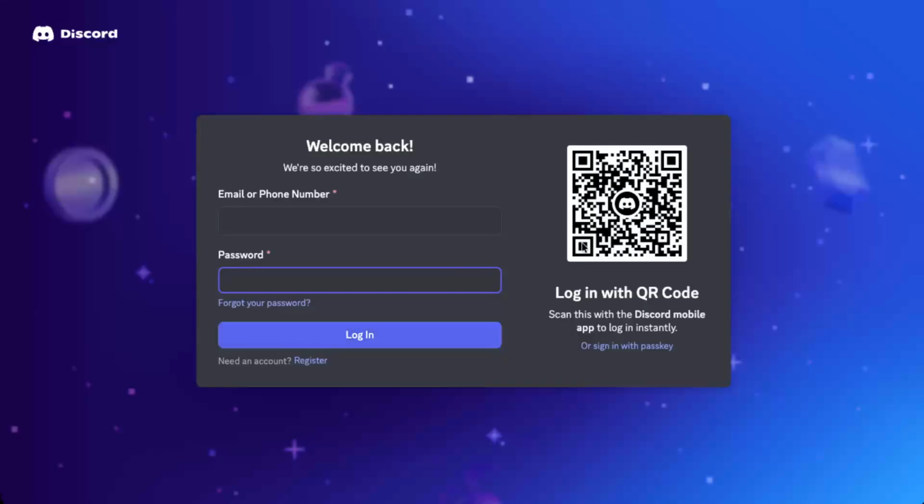After logging in, just follow any on-screen prompts from Discord to authorize the connection. Once that's done, your Discord account will be successfully connected to Whop, and your memberships will be able to sync with the